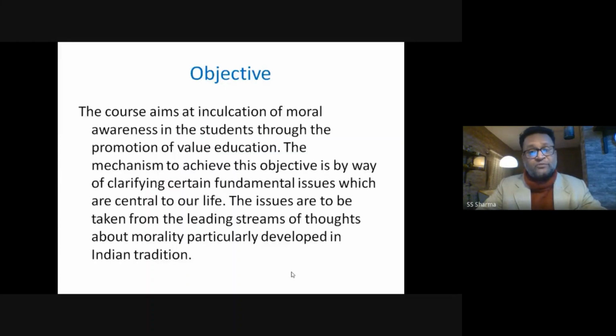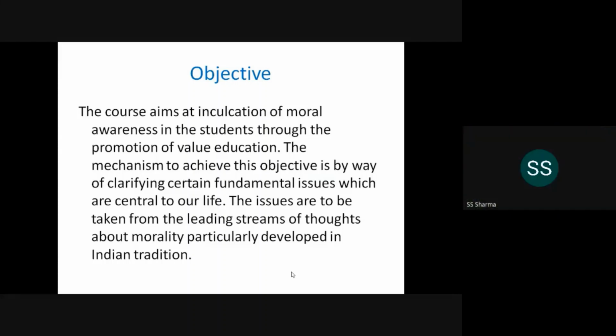Let us go to the objective of the course. So what is going to be the objective of the course? The objective is, as I told you, to promote value education among students. To achieve this objective is by way of clarifying certain fundamental issues which are central to our life. The issues are to be taken from the leading streams of thoughts about morality, particularly developed in the Indian tradition. In fact, this is a course which is run by a lot of educational institutions now. It is one of the AICTE requirements, and